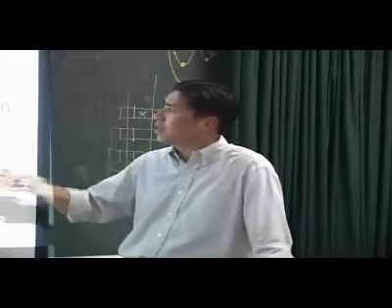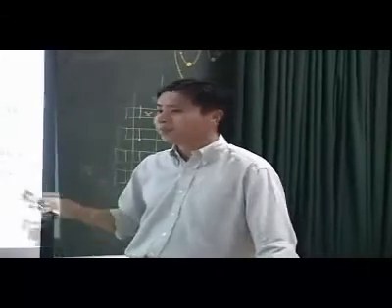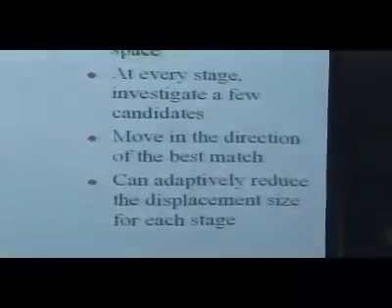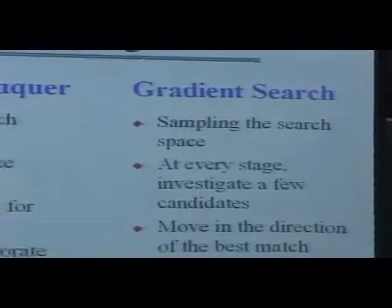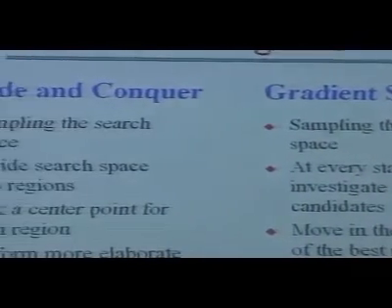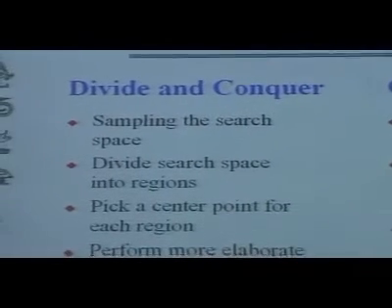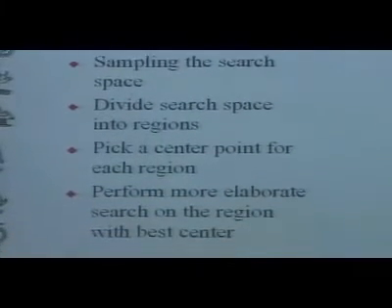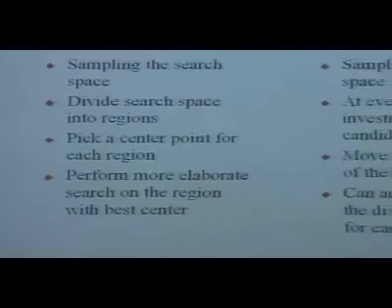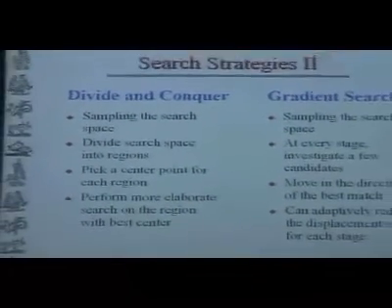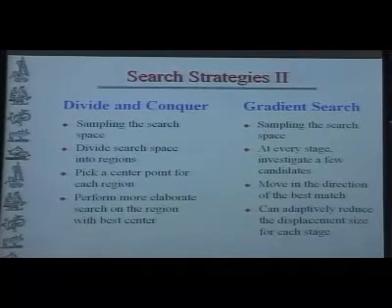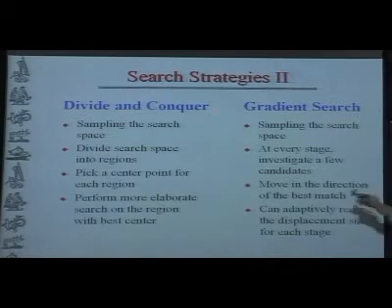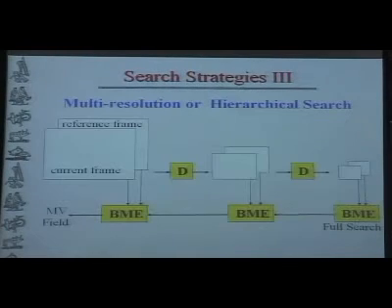And typically they boil down to two main concepts. Typically it's either some kind of a divide and conquer approach. You break the search area down to different areas and you only do very sparse sampling. Okay? You check a few number of points. Or you do some kind of gradient search, where you try to move in the direction that seems to give you the best improvement in terms of SAD. Okay, so some combination of these two will give you pretty much all the fast search algorithms.